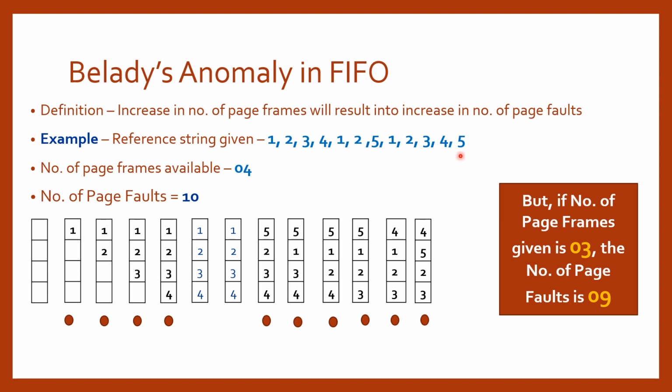Now again for 5, this one will be replaced by 5 and the page fault is recorded. So the total number of page faults is 1, 2, 3, 4, 5, 6, 7, 8, 9 and 10. So if we increase the page frames to 4, then page faults are 10. So this is Belady's anomaly. When you increase the number of page frames, there is an increase in the number of page faults. This is not every time, but sometimes a reference string like this is given where Belady's anomaly will occur, and it occurs in the case of the FIFO algorithm.